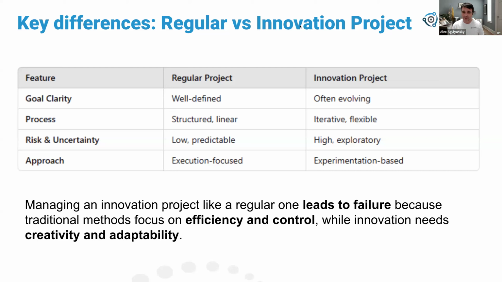Now, risk and uncertainty. The goal of a regular project is to reduce risk. This is why we plan a long time beforehand, and make sure everything is executed on time. We're trying to make everything predictable. Innovation, by definition, is where we don't know. We can't predict everything, and the risk is high by definition. This is our mindset: we don't know the full outcome, and often, as we said, the goal as well. So it's more exploratory work.